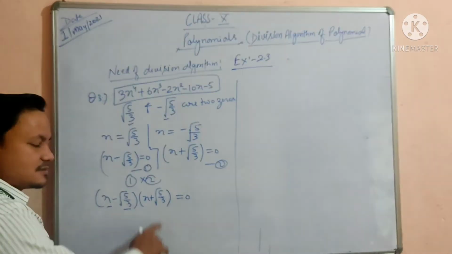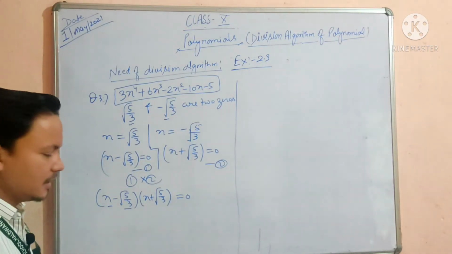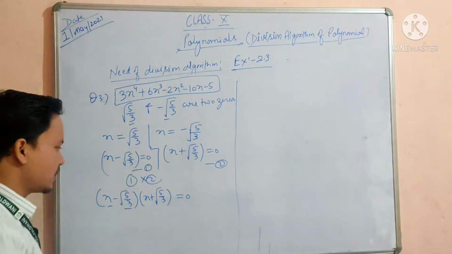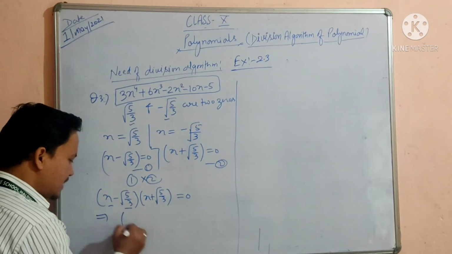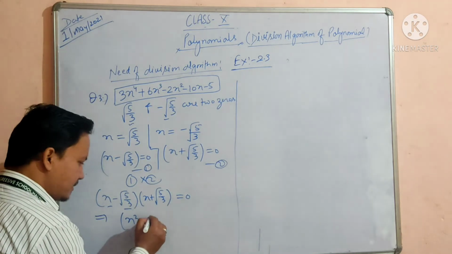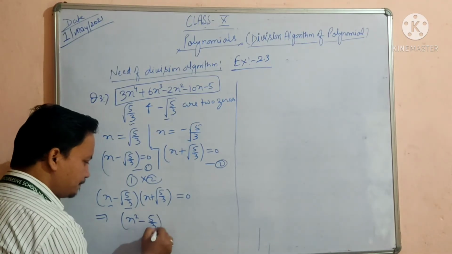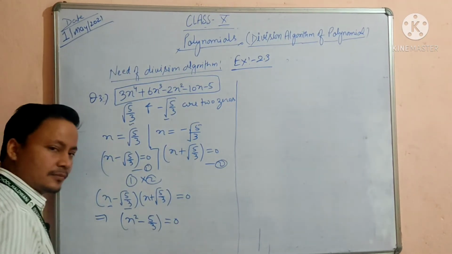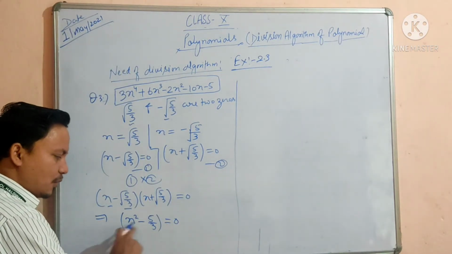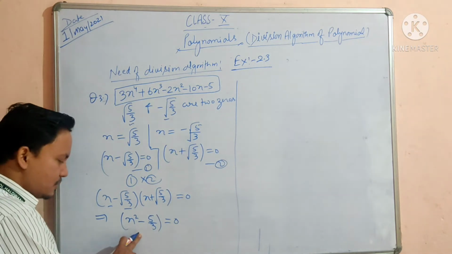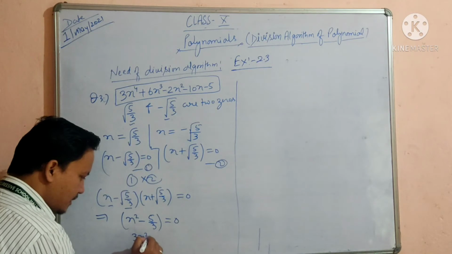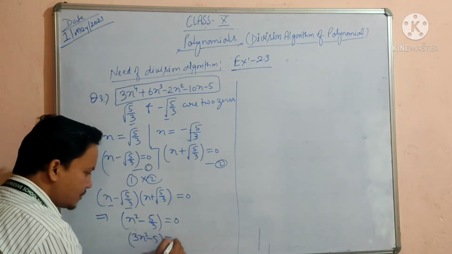So a minus b, a plus b, what is the format? A minus b, a plus b, and this is the factors of a square minus b square. So we can write it like x square minus b square, the root will be cancelled out, and this will give you 5 upon 3 equal to 0. And again, if you are changing it, then you can just multiply the whole polynomial. This is a quadratic polynomial, of course. So multiply it with 3, then we get 3 times x square minus 5 equal to 0.